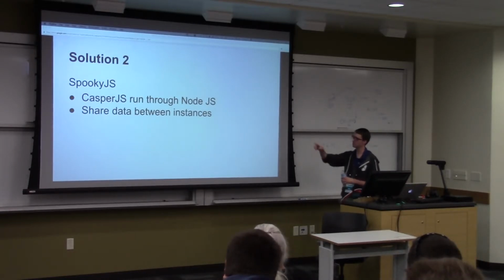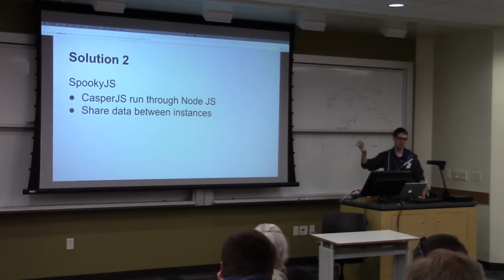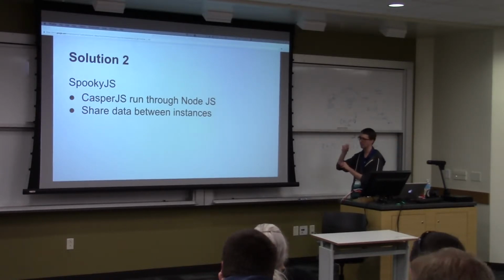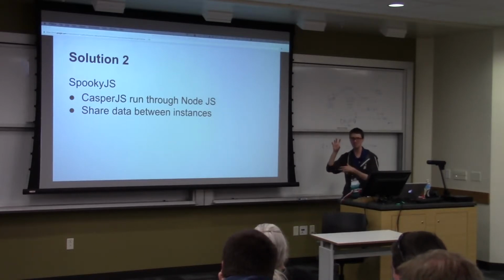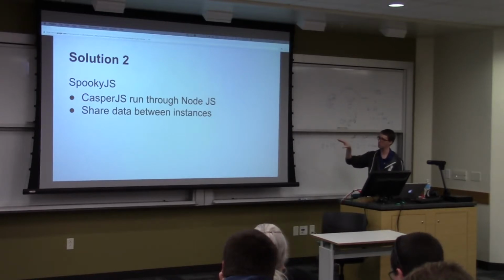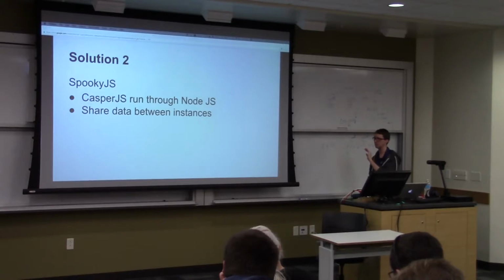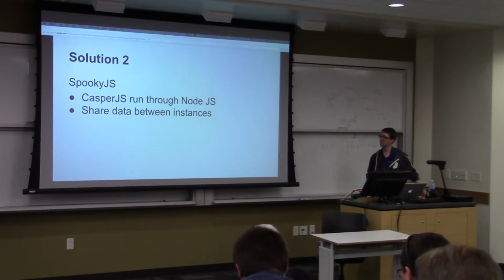So with CasperJS, if you use SpookyJS, that's running it in Node, and then you can run things like Pally and Alley, also in Node. And basically how it works is Spooky will take care of all the different processes. It'll manage all of that, and then you can essentially return a JSON object that you can spit to the next thing, and then it can use that data, which is way better than not. But